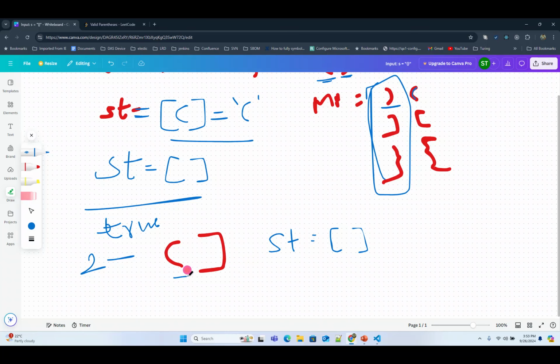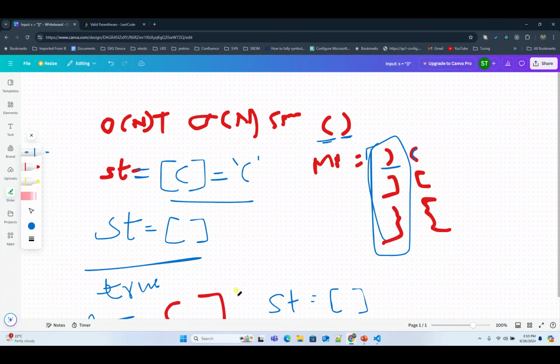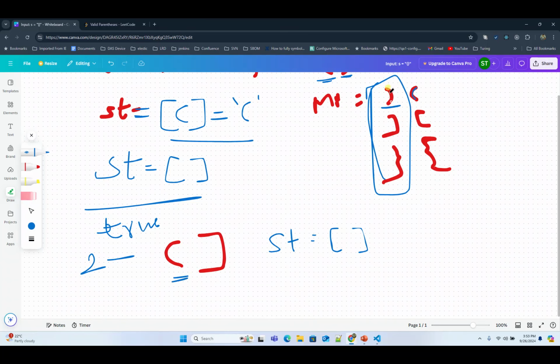When I'm trying to read this particular first character, this open bracket is not a key in our map, so it will come here and fill the stack with this open bracket. And then I will iterate to the next character, and the next character